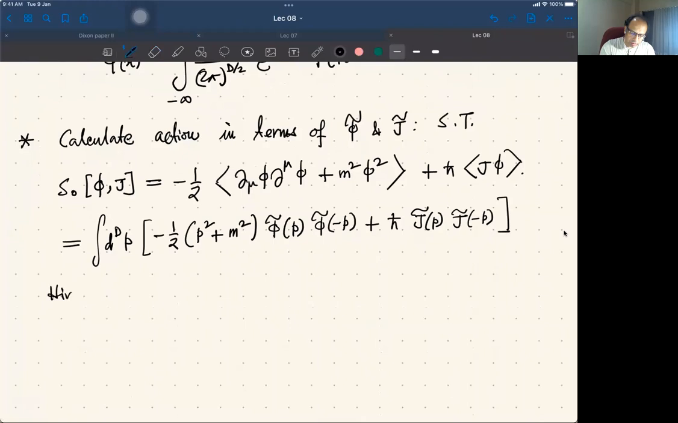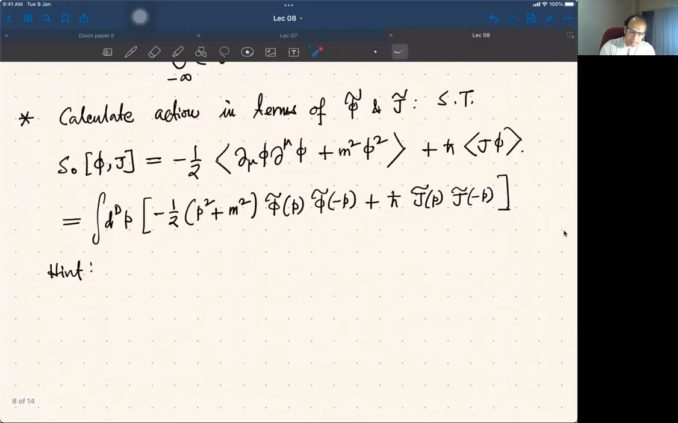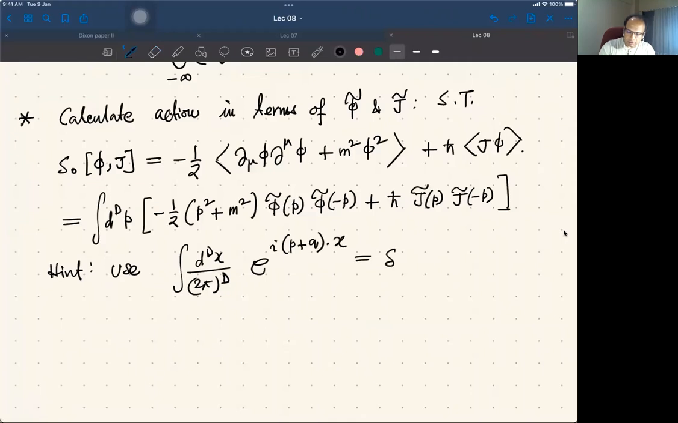One should use, so if this is the Fourier transform, then usually in these calculations you have to use the expression for the Dirac delta function, which is given by the integral d^d x over (2 pi)^d of e^{i(p+q)·x}, which is equal to the d-dimensional Dirac delta function. Then